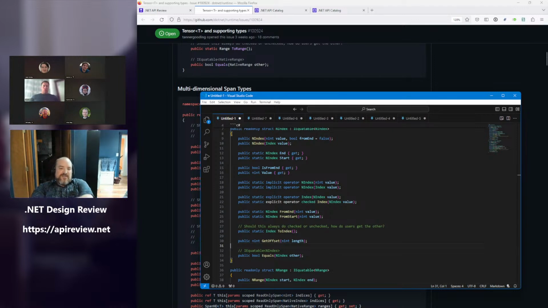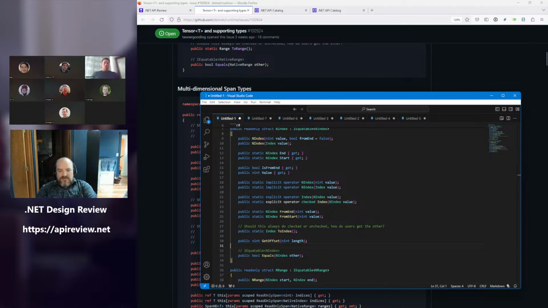Right, but so our current state of affairs is all of our named conversion operators are checked, or at least for the vast majority. Yeah, I think for our numeric types, they are. There may be conversions in other cases that don't throw from the named ones, but I think that is the more prevalent. So are you thinking then toIndex and toIndex unchecked for the named version? Yeah, I guess.